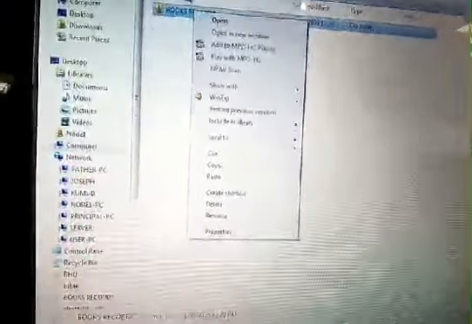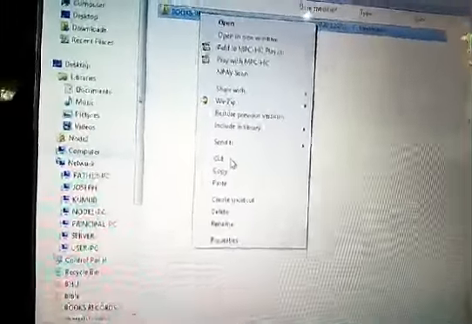Now I want to move this file, so once again I have to right click and choose the cut option. I have selected it. Now I am going to move this file or folder to the desktop.